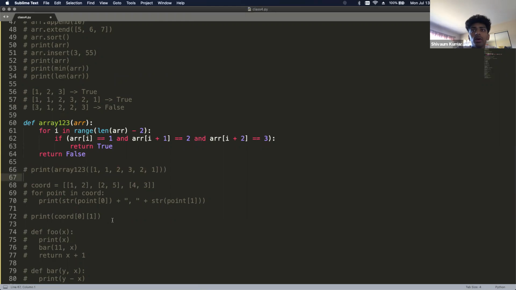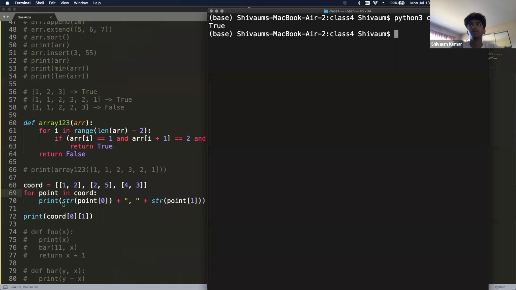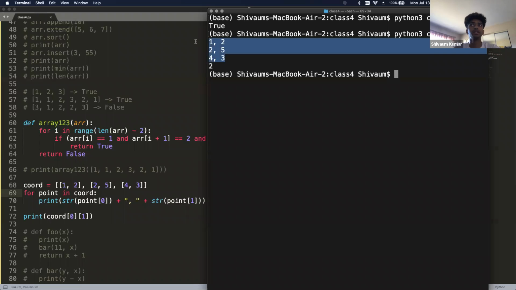And then we have our coordinate right here, coordinate plane. So this one, we have a 2D array. I introduced the concept of that, an array inside another array. So then once we ran this, we printed out each value by accessing the array inside plus the X and Y values. And then this was just an example of how you can directly access a value from your 2D array, an array inside of an array.